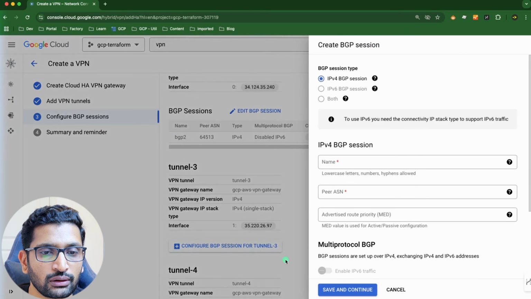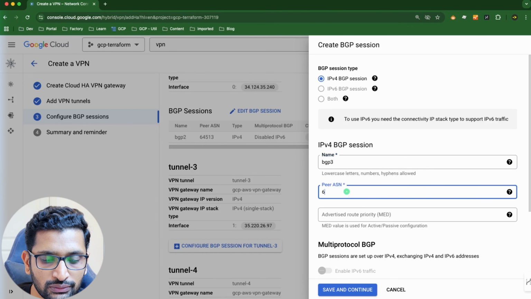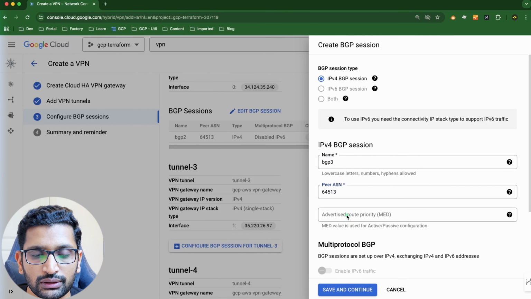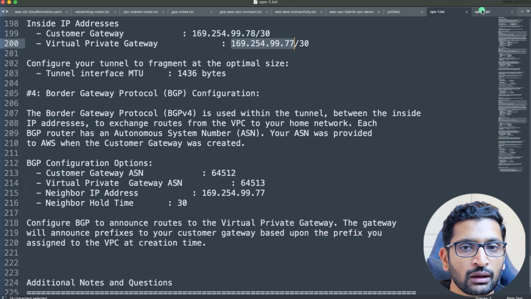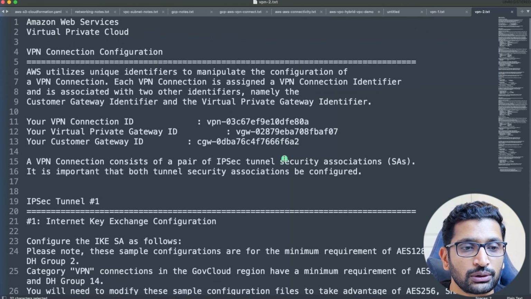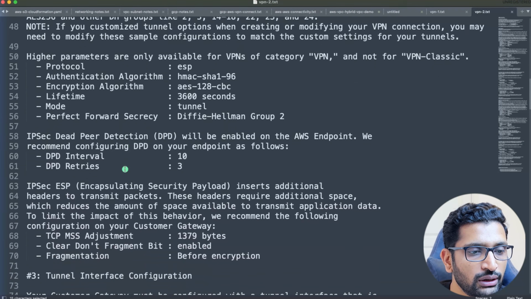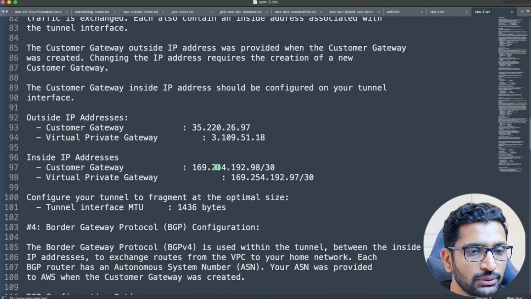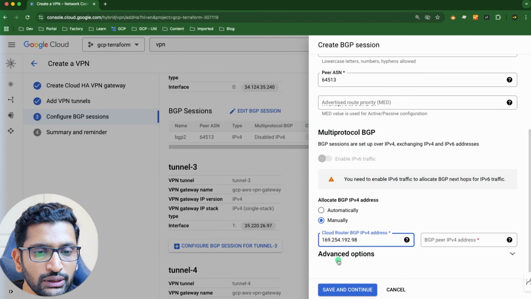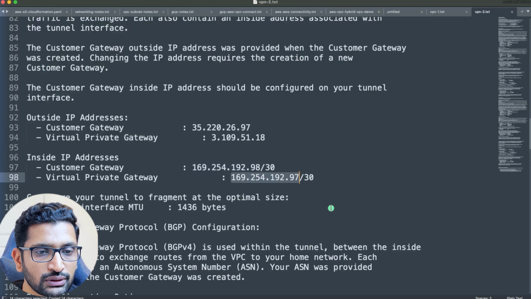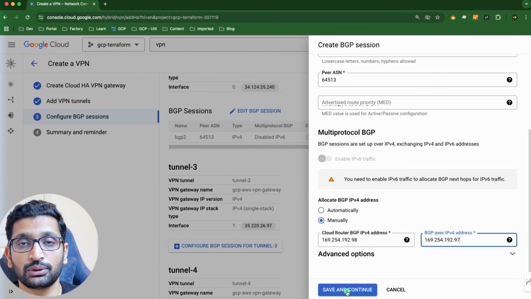Click on tunnel 3, click on configure session, and here we need to enter BGP3, 64513, manually, and then enter the VPN2. Go to the VPN2 because now we are setting up into VPN2. Then go to the tunnel 1, which is this one over here, and here all the way to the bottom just copy the inside address, which is this one, paste it over here, and then again here, which is this 197. You just need to be very careful when entering these IP addresses, otherwise you might screw up your whole high